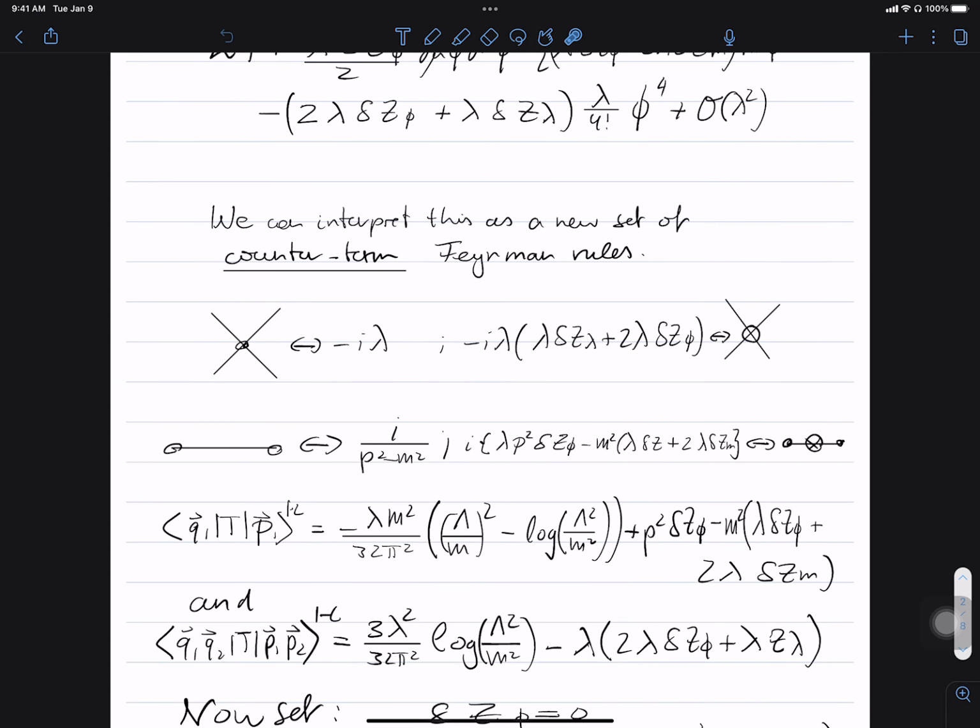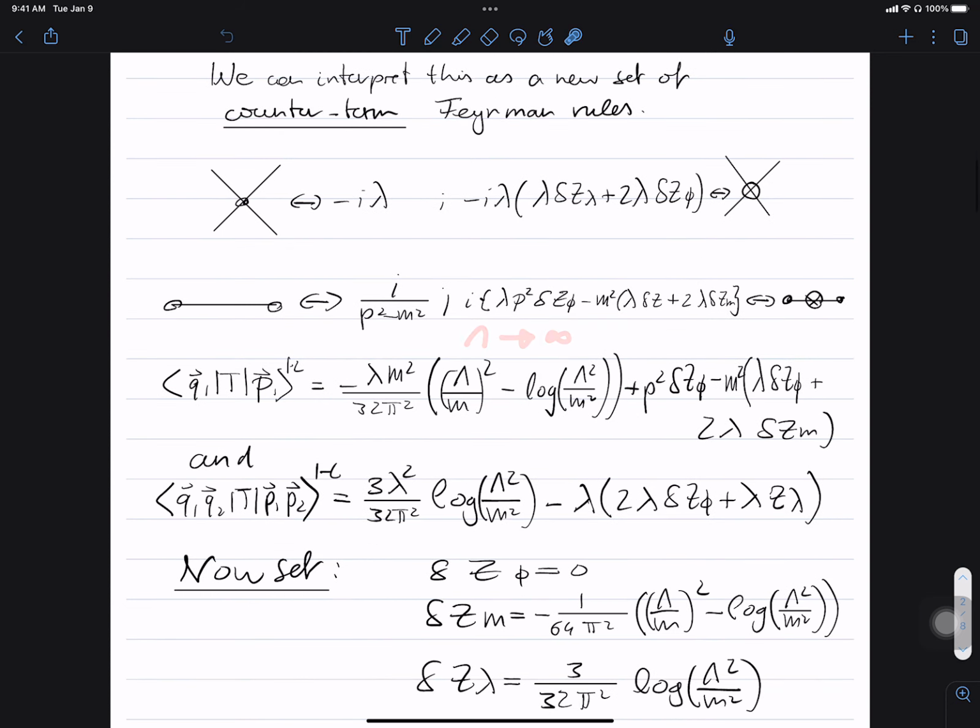renormalization parameters. Having this new set of Feynman rules, we can again compute the amplitudes for the one-to-one process, for example. And this is the familiar divergence that goes to infinity when lambda goes to infinity from the last lecture. The additional contribution to this is actually just the contribution from the propagator here, the leading contribution. And the